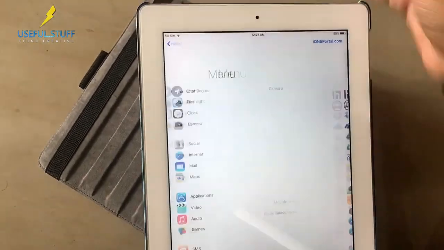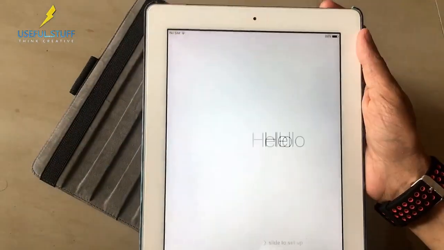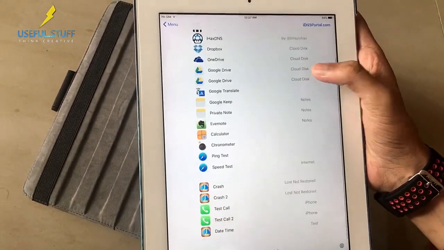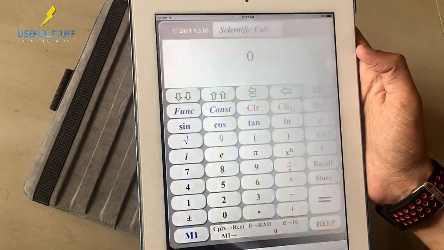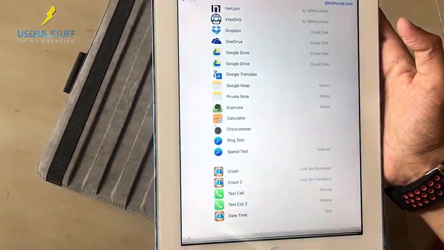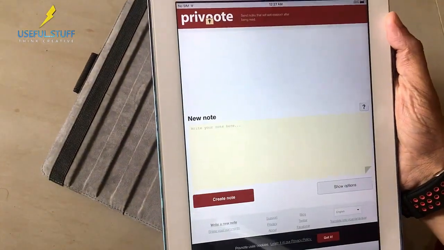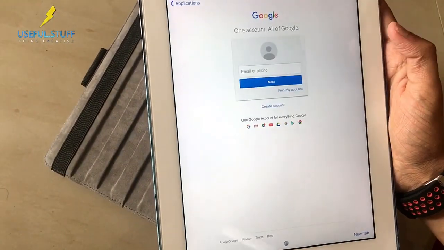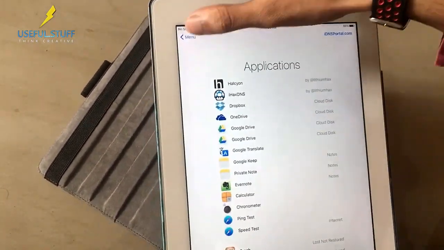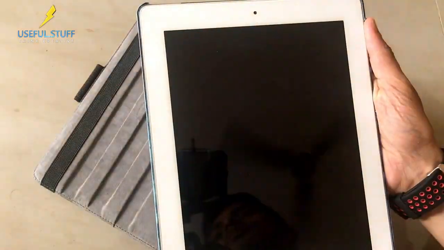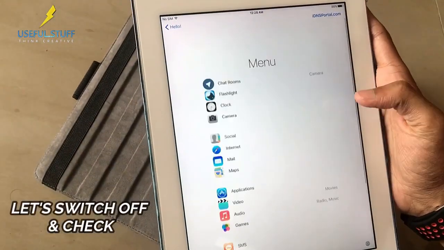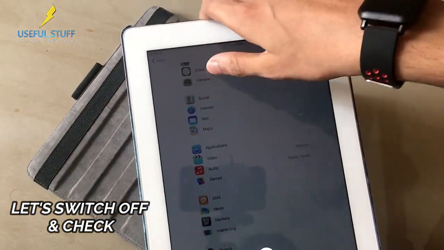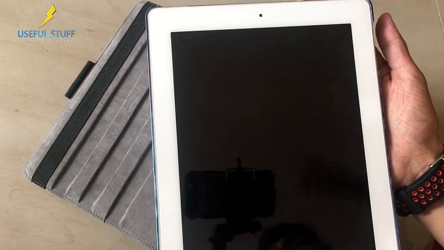So the best thing is that if you lock the device, you are still on the same page. Yes, you are still on the same page. You don't have to redo the entire process to come to this page. So that's a really very good thing. That really makes it useful and convenient. So let's just switch off the device and see what process I have to repeat for going to that page. So let's just switch it on, and